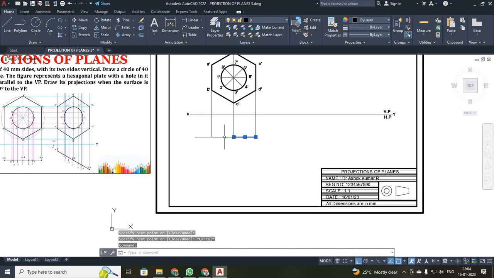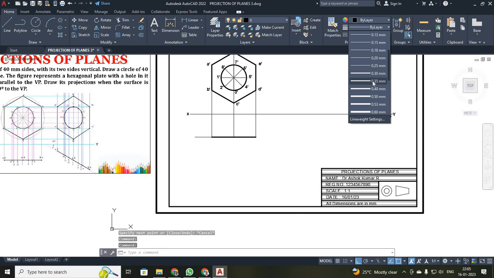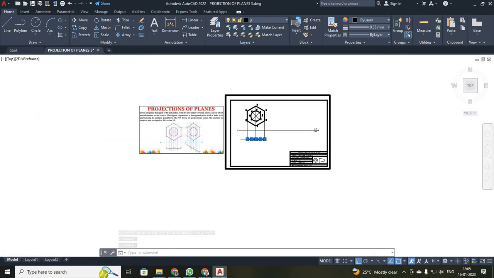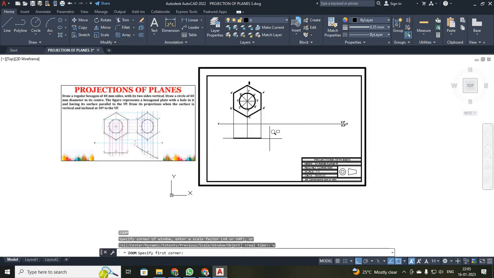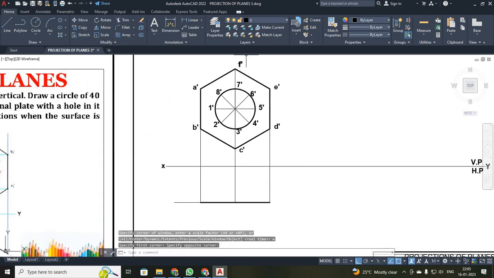See students, just dark this line because it is a visible line. So I have to just make it as 0.35. I am just zooming your window. So I have to view from your top direction. When I view from your top direction, your A, F, E will be visible, whereas your B, C, D will not be visible. So for that what I am going to do is, I am going to mark your alphabets. I just made a copy